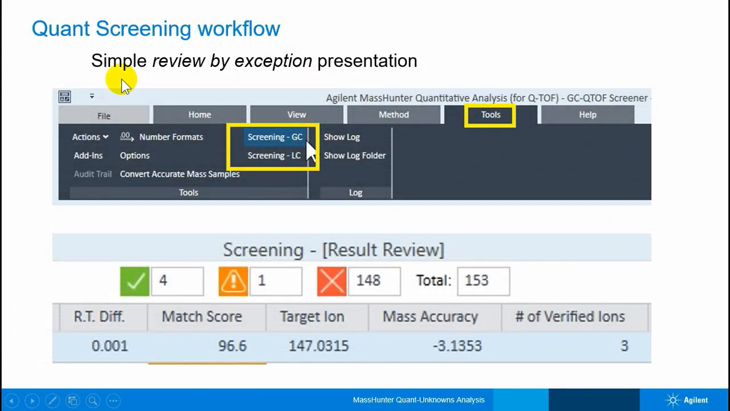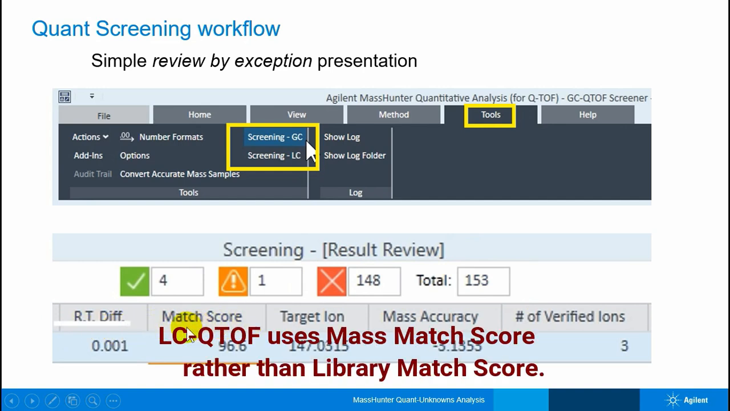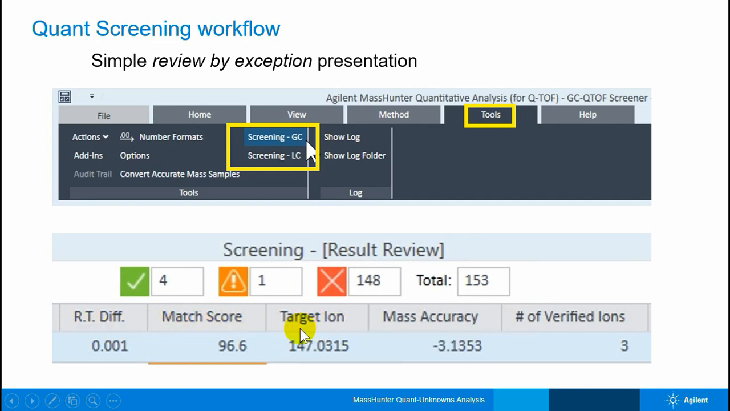The Quant screening workflow is a simplified review by exception presentation. You'll find it in the Tools menu. Let's take a look at that screening. It shows you green for confirmed, a warning if the criteria are not all met, and then those that didn't make the cut. Those metrics are retention time difference, library match score, the target ion, its mass accuracy, and the